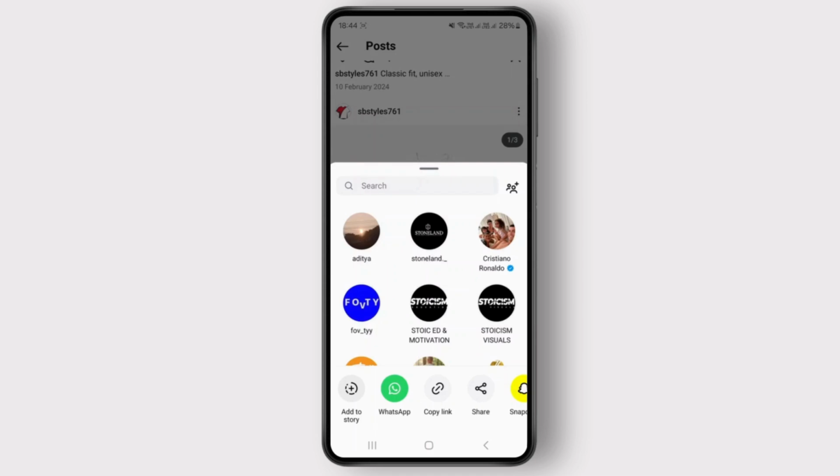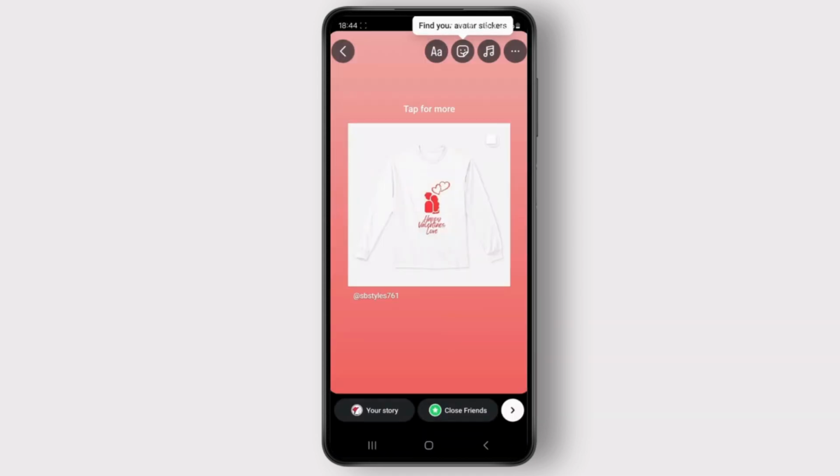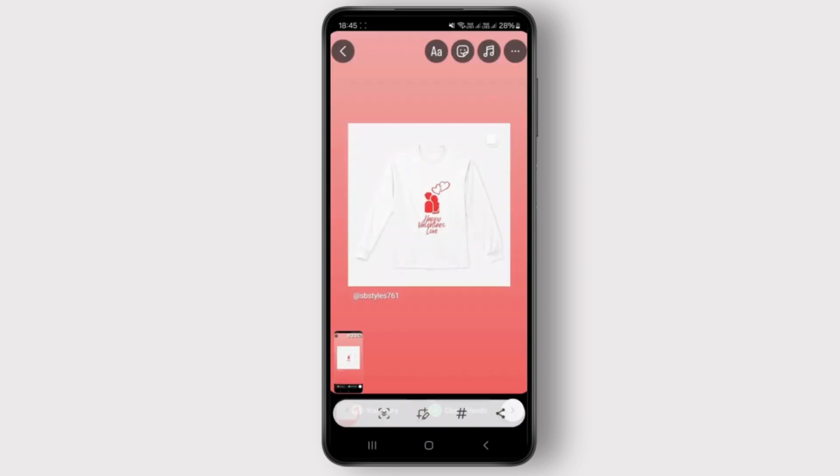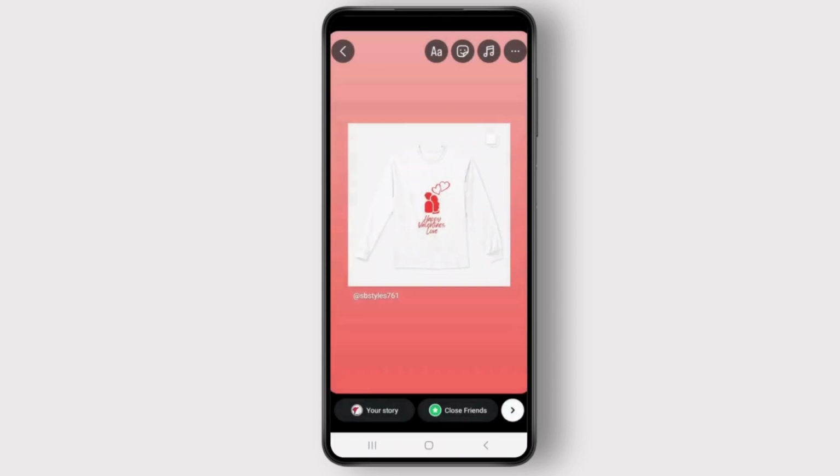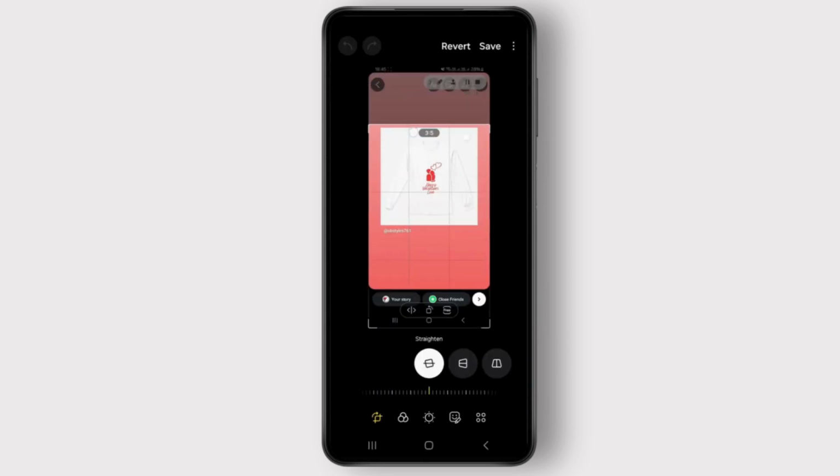If I were to share this post on my Instagram story, as you can see, it currently has a default background. So let's say I want this particular photo to be in my background. So I'll just take a screenshot of this photo and readjust or crop it accordingly. From over here, I will just crop out only the necessary part which I want